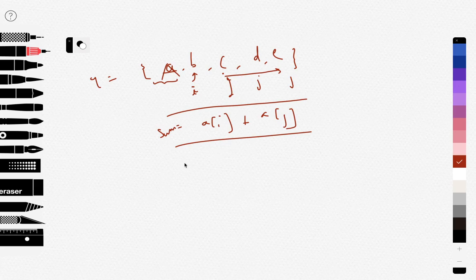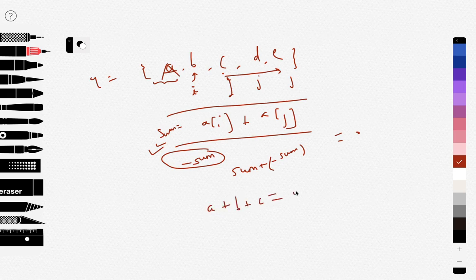So this is the sum, and now we just need to check whether we have already seen something like this, because if we have already seen something like this, then the total sum would be sum plus minus of sum, which is 0. And why do we need this? Because clearly it is given in the question that a plus b plus c should be equal to 0. So we can see that a plus b is equal to minus c. So yeah, this is it.